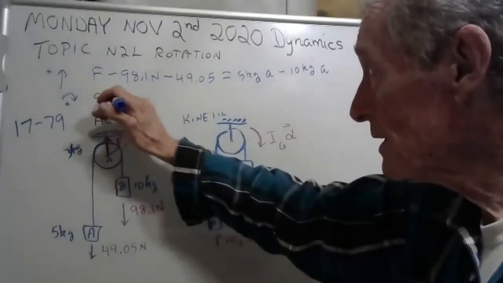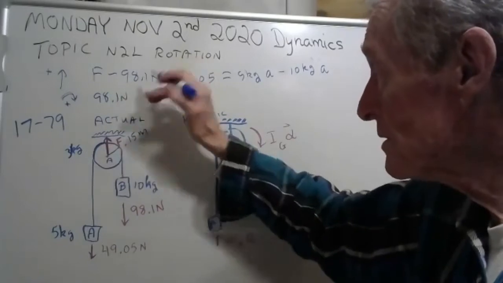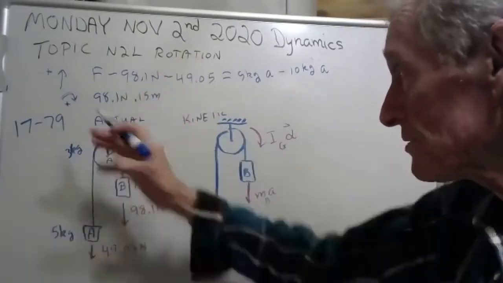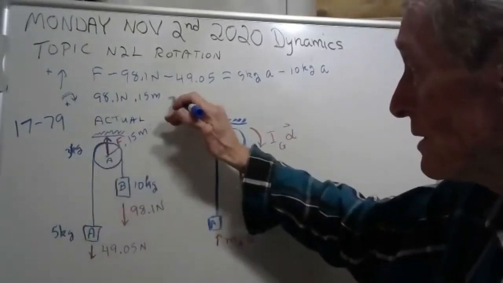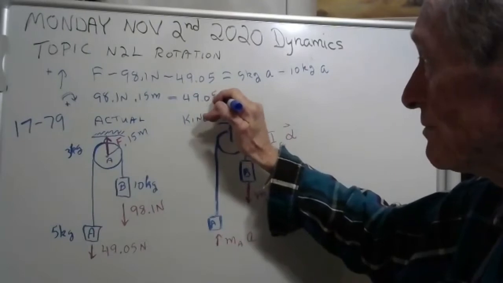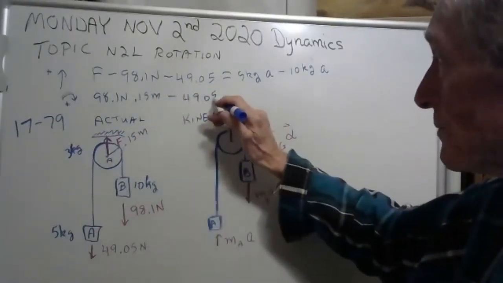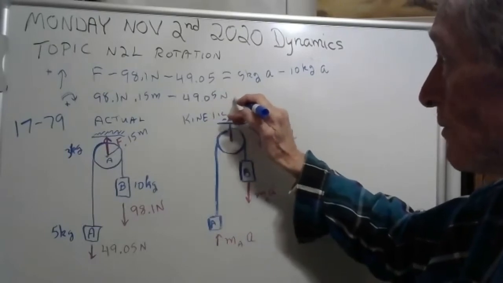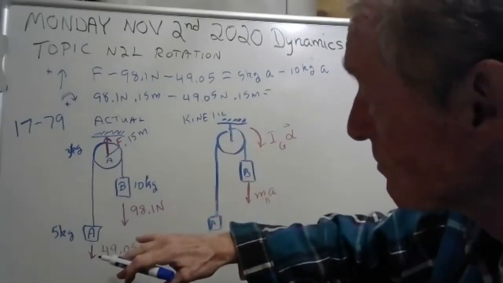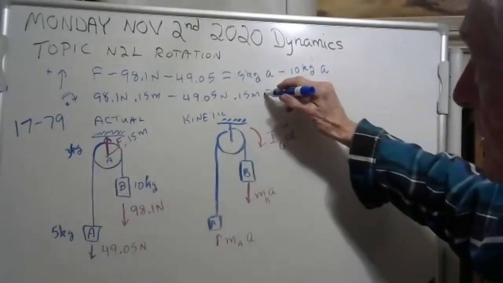We have 98.1 times 0.15 meters. That's clockwise, so I'm writing it plus, minus the 49.05. That's supposed to be a minus, times the 0.15. And that's it, guys. There are no other moments because that force doesn't give you a moment. And that's going to equal